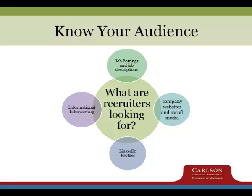Spend some time reading profiles of people who have the jobs that you're targeting to see how they represent themselves in the marketplace. What themes do you notice? What are some industry buzzwords that you keep seeing again and again? What are some of the key skills and experiences that other professionals in your target function and industry seem to